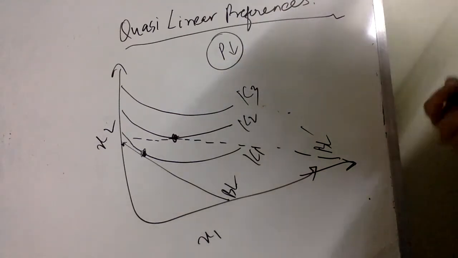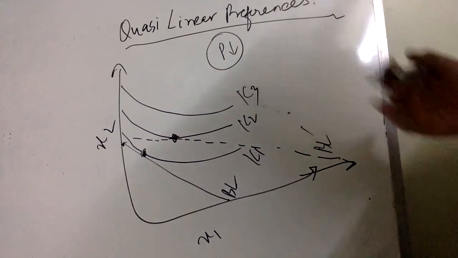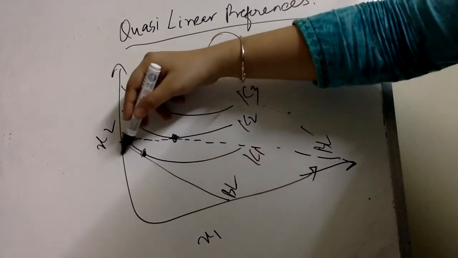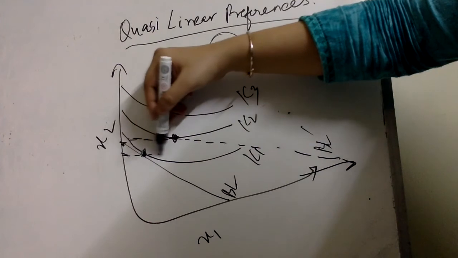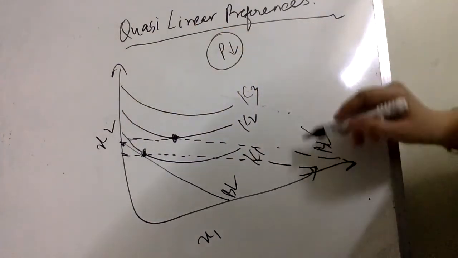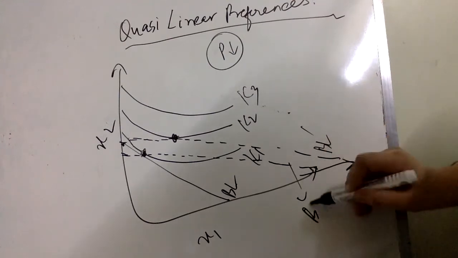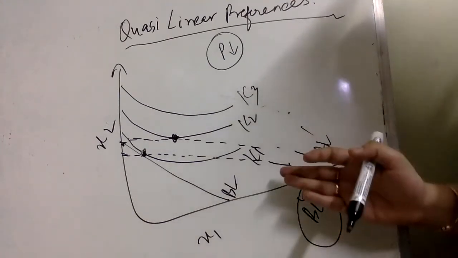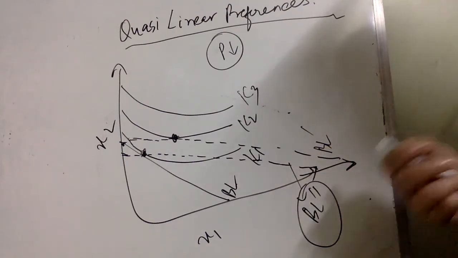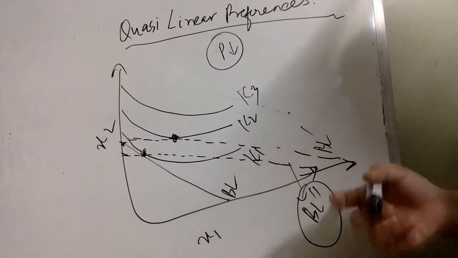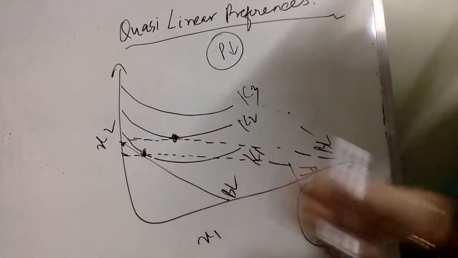Now if I want to check how my substitution effect and income effect look, I take away the income of the consumer such that he is able to afford this bundle. Now I take away the income such that he is able to afford the original bundle. So this is my BL double prime. To denote, it's the new budget line with a new price ratio as well as new income, in which I have taken away the income of the consumer. Why? Because I want to make sure that he is able to afford the original bundle.